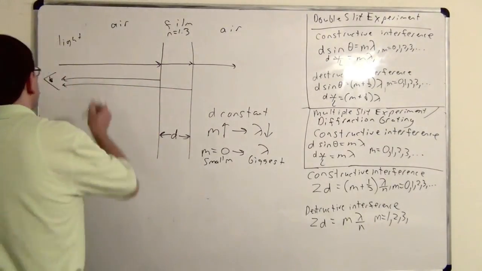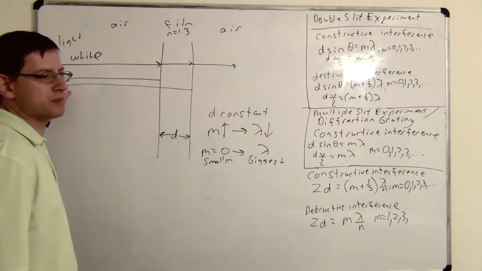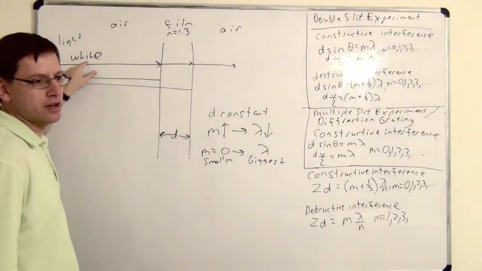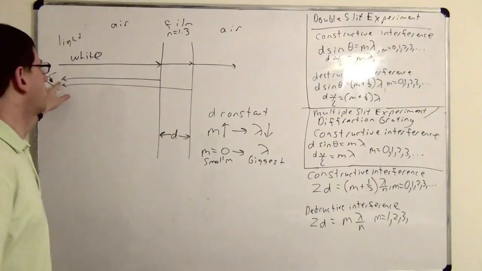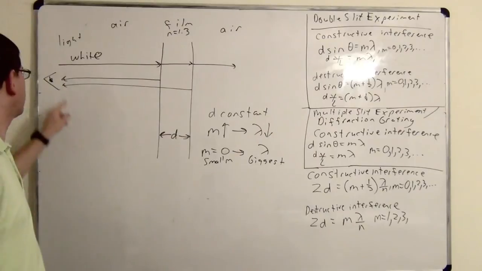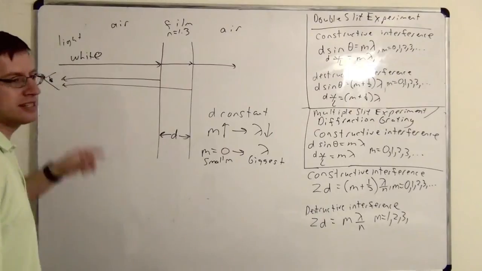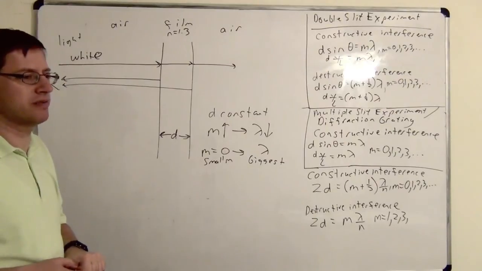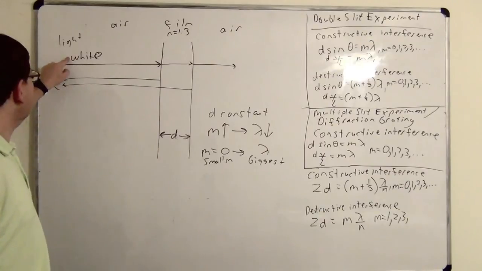So what would happen if we shine white light at this film? What will this person see? Now remember, white light contains all the wavelengths, right? But which wavelengths will the person see? All the wavelengths will be reflected, but is the person going to see the wavelengths that are reaching him with constructive interference or with destructive interference? Constructive. You're only going to see the wavelengths that hit your eye with constructive interference. Any wavelengths that are destructively interfering, they're going to dim out, and you're not going to see them as much. So here, the light looks white.